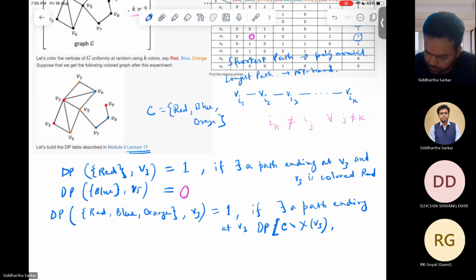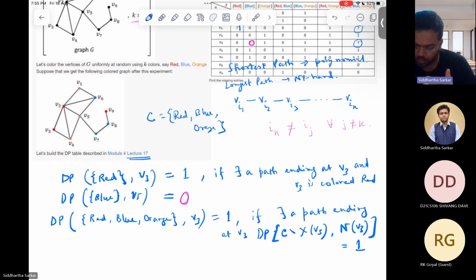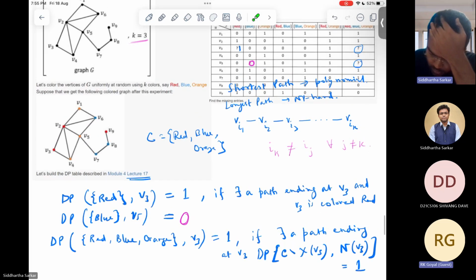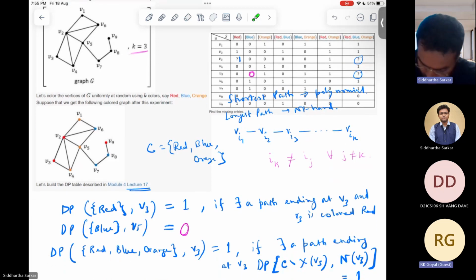comma, so neighbor of V3 is equal to 1. Okay, one of the neighbors, not all neighbors. So it means that you have a path ending at V3. So let me just mark it. So this is saying that you have a path ending at V3, and because V3 is red and you are interested in finding a path having distinct colors,